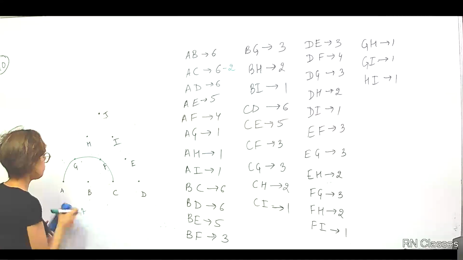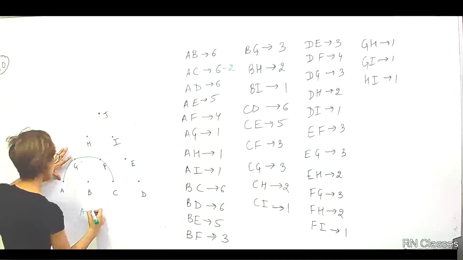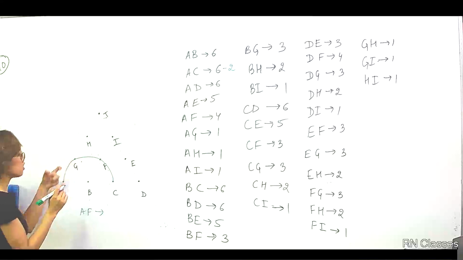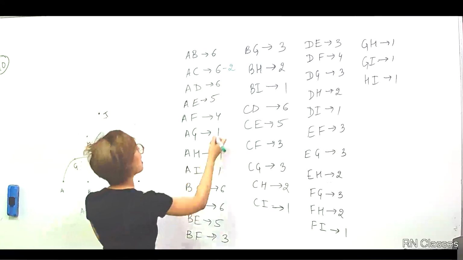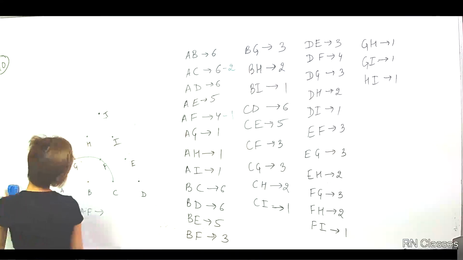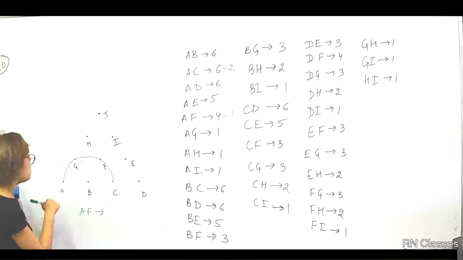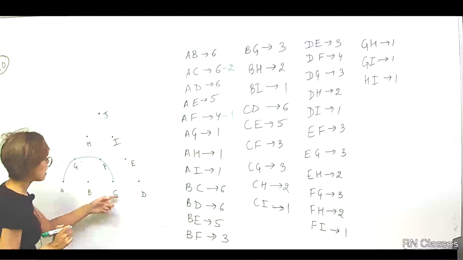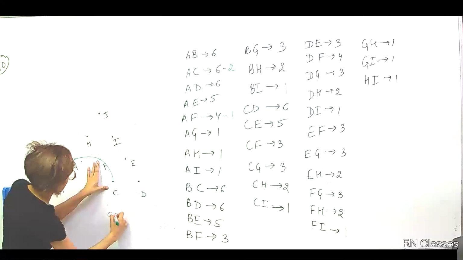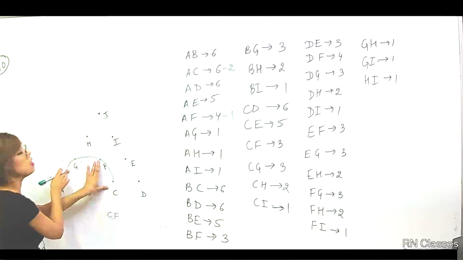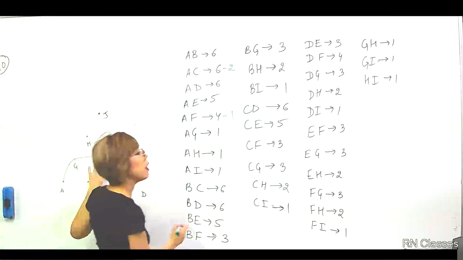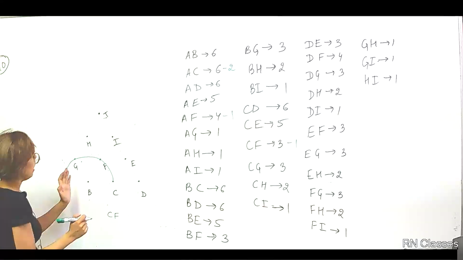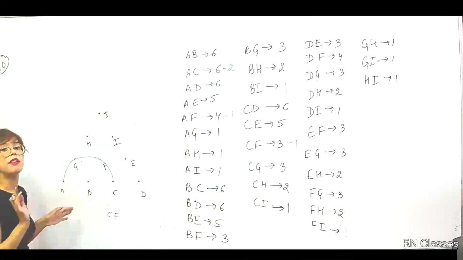So AC is done. So AF first. Systematic. So AF I must have taken G. So that is just 1. So AF minus 1. Done. So AG, I must have not counted it. So A1s are done. Now let's come to C. CF. I must have counted CFG. Right. So CF minus 1. Right. CG, I won't have counted. And FG, I won't have counted.